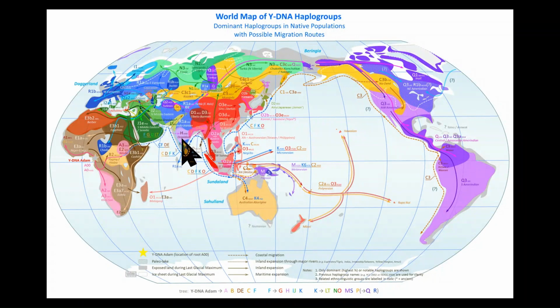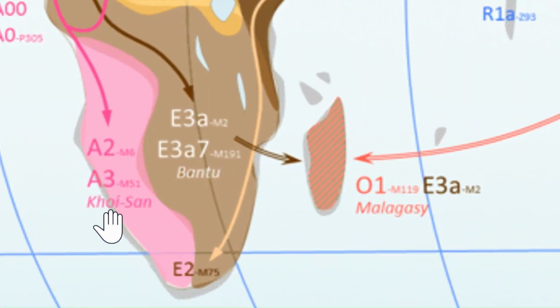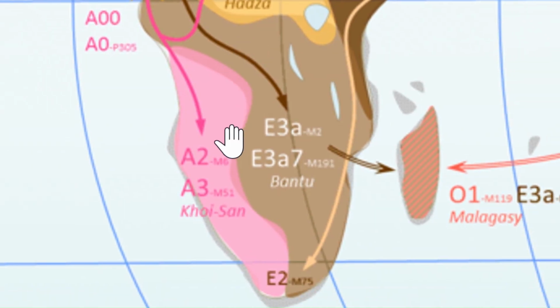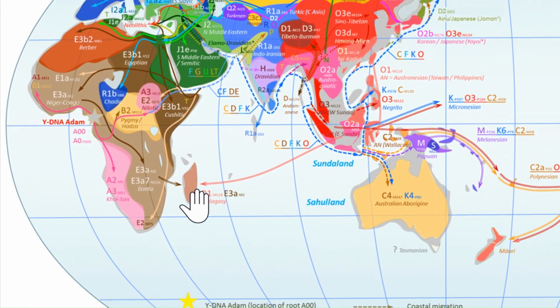So these are the Sand People. We'll try to zoom in. Khoisan Sand People. They are Y-DNA haplogroup A, of which we can find Y-DNA Adam here in Cameroon or around Cameroon. So this is the Khoisan, and it's a Sand People, but they are only